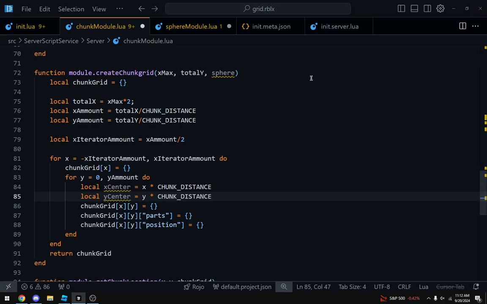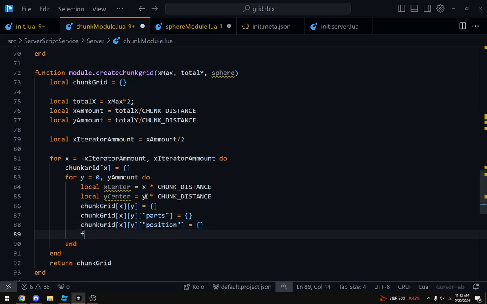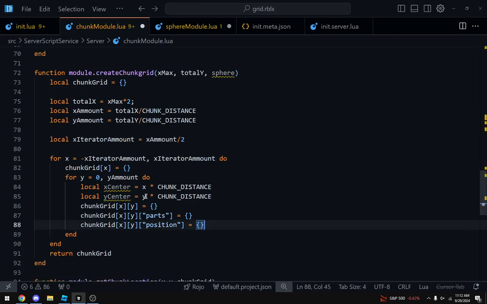Okay, so position here. That's what we want to do. Position is going to equal create center position, and what we want is the x center, the y center, the sphere module, and I think that's it.